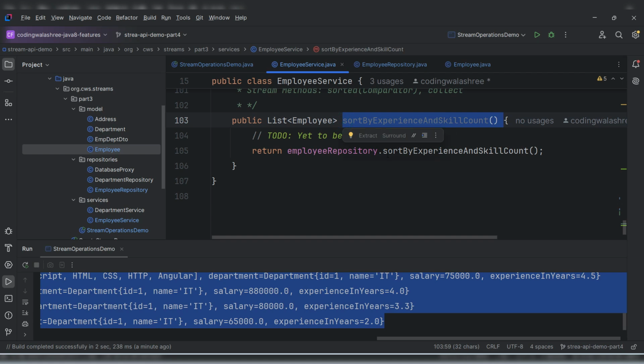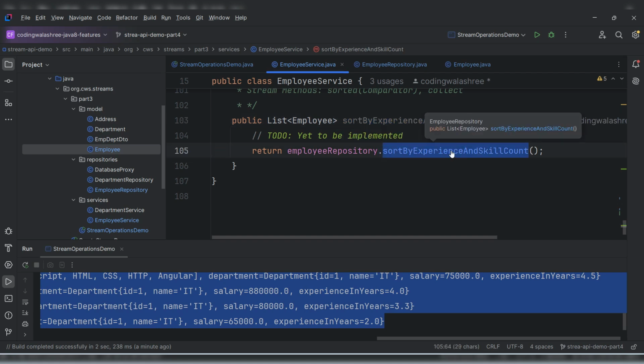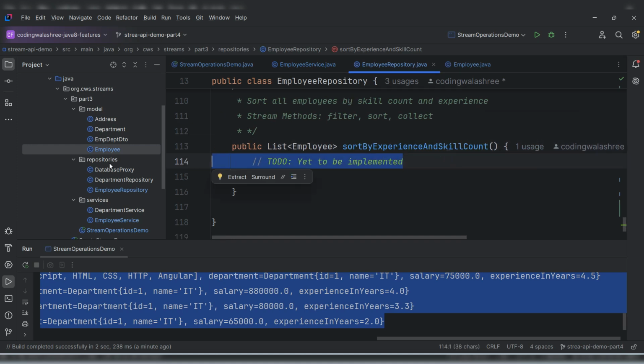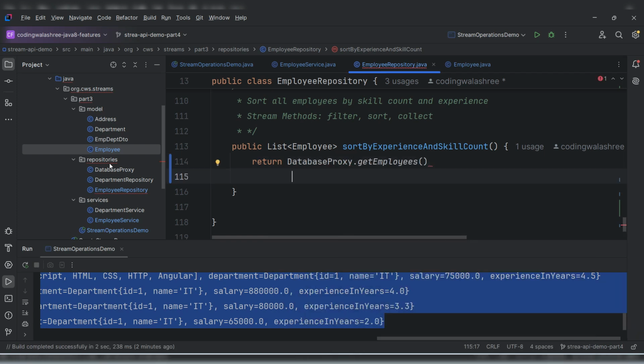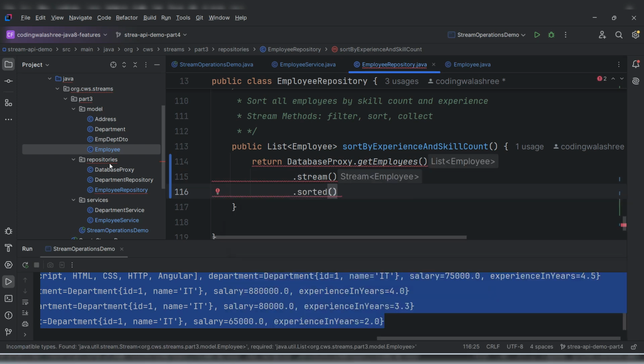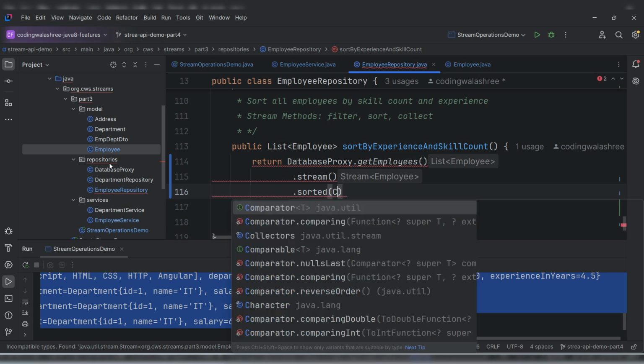Okay, so do we have a similar method here? Yes, we have. And what we are doing, we are calling sort by experience and skill count, which is nothing but this, and we will give the implementation. I'll remove the to do comment. Let's give the implementation over here. databaseProxy.getEmployees. So I got all the employees and opening a stream, calling the sorted method with a comparator, and we need to provide a comparator. Now we know that